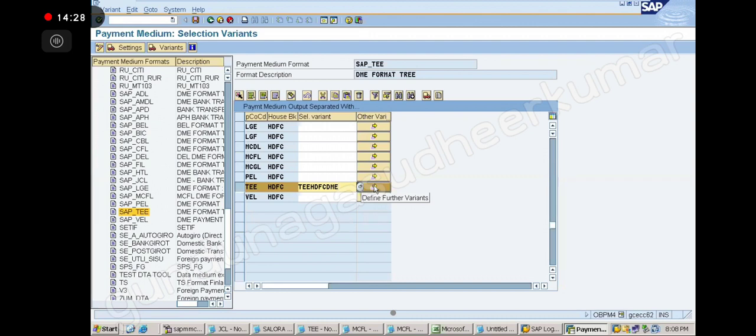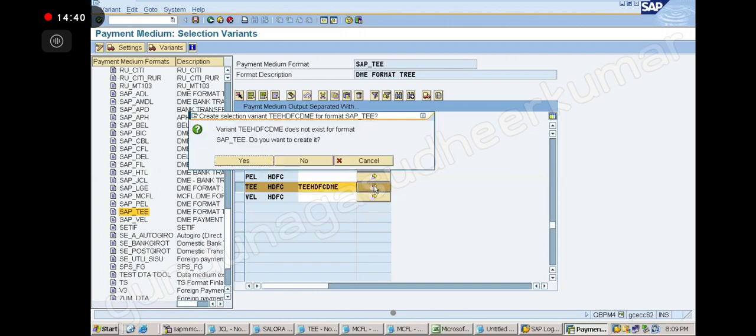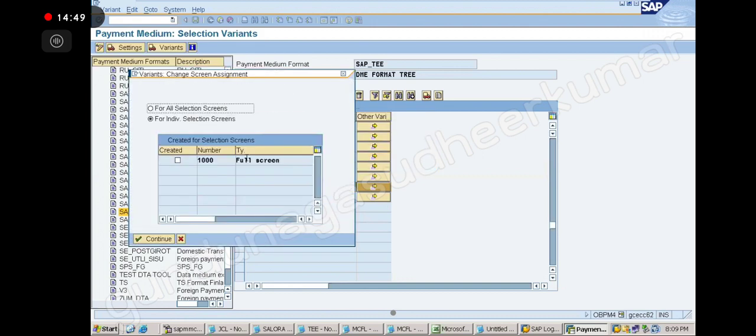Note down: give the variant name and define further variant. The variant does not exist. Do you want to create? Yes. For all screen selection? Yes. Okay, no.